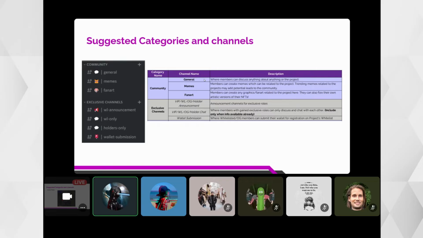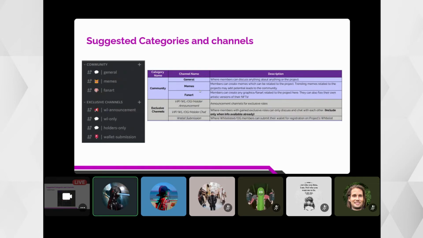And then for the general, of course, it's anything under the sun. You can chat with people here as long as you're following the server rules. And with memes, we know that with Web3 crypto projects, memes have been relatively a trend. So we put this up as well because some people always want to create a meme out of the project and the NFTs.